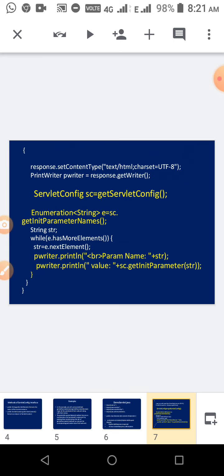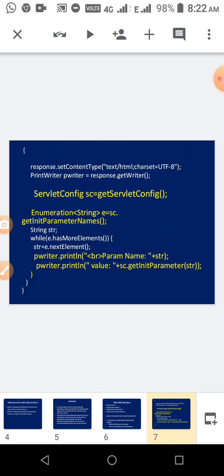So you have to create sc, and then Enumeration, for more parameters. If you want to retrieve them, you write Enumeration e equal to sc.getInitParameterNames. That means we are going to retrieve many names. Then we write while e.hasMoreElements, and then e.nextElement, so element by element we are retrieving all the elements.